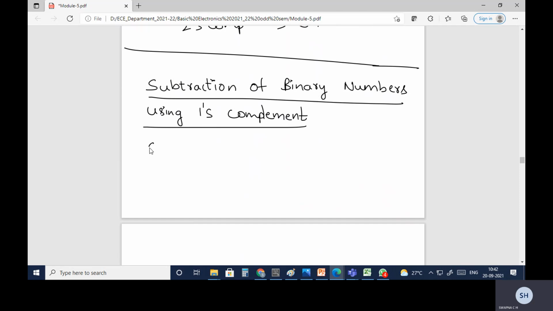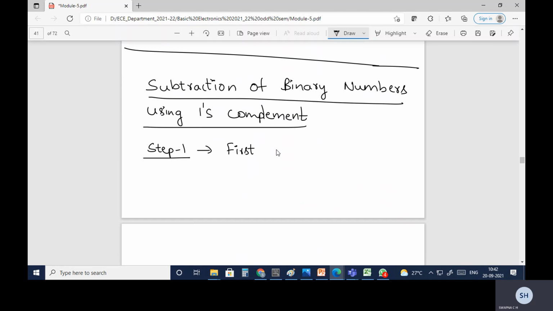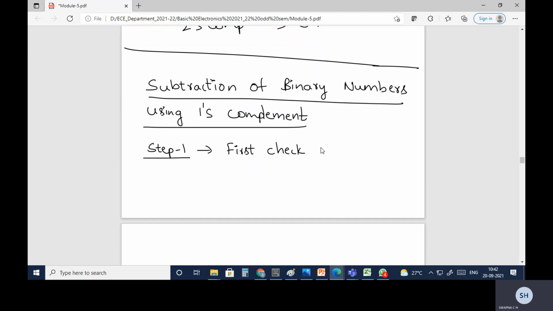Step 1: first you need to check whether the given numbers are in binary form or not.